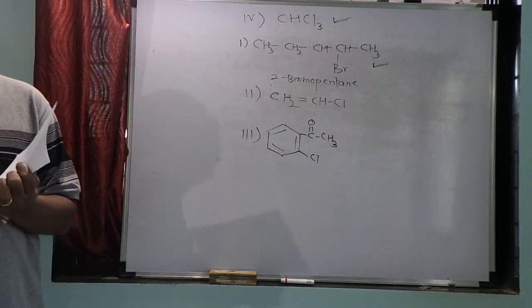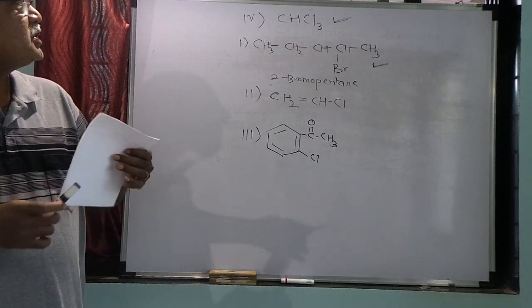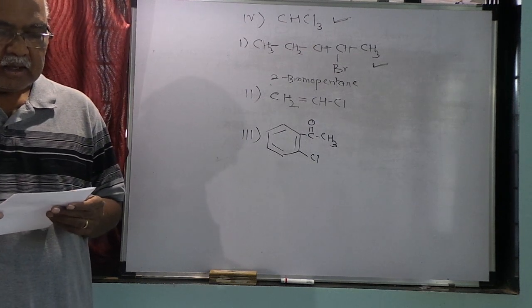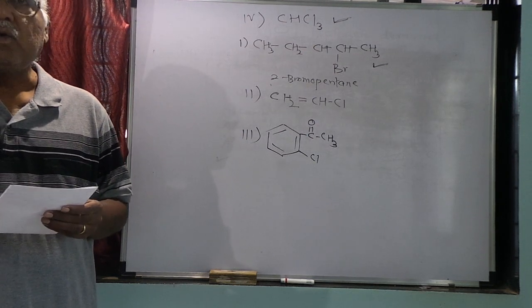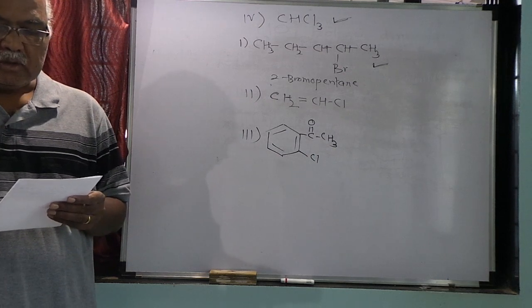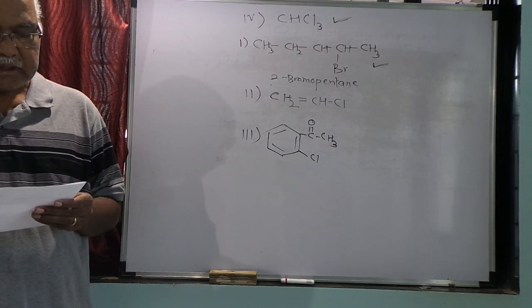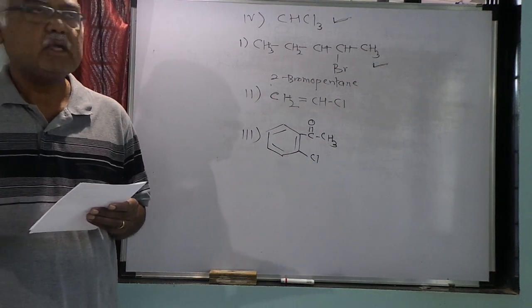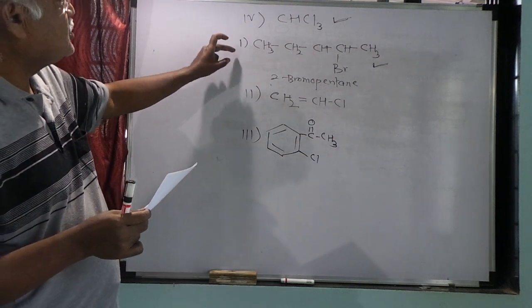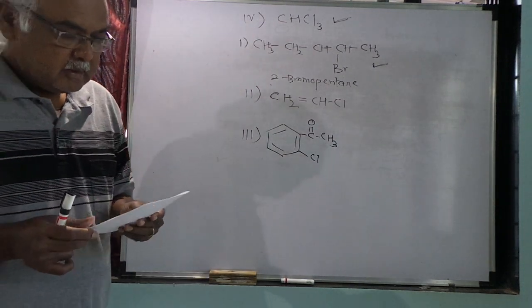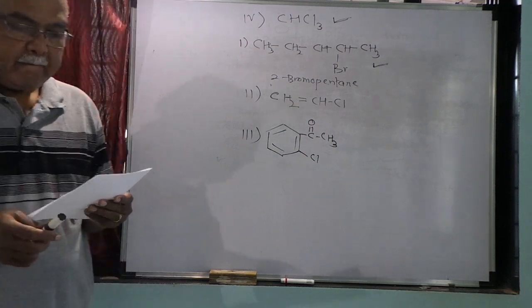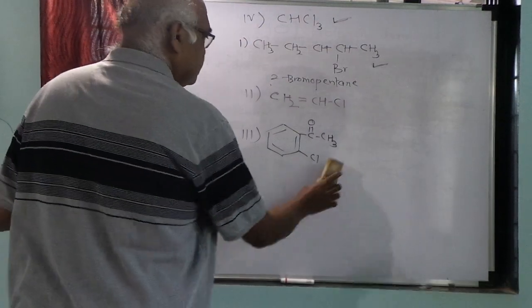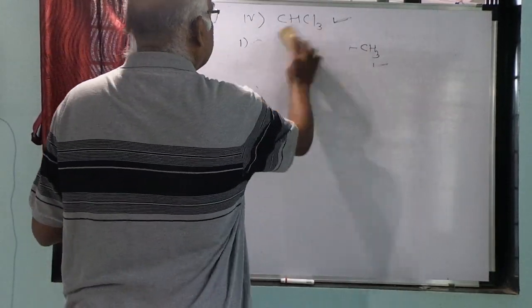That means 2 are correct answers. So the options will be 1 and 4. The remaining options will be given like this: option 1 only, option 2 and 3, option 1 and 4, and option 4 only. Okay, so out of these our option will be option 1 and 4. Now the next question. Which of the following is a primary alkyl halide?